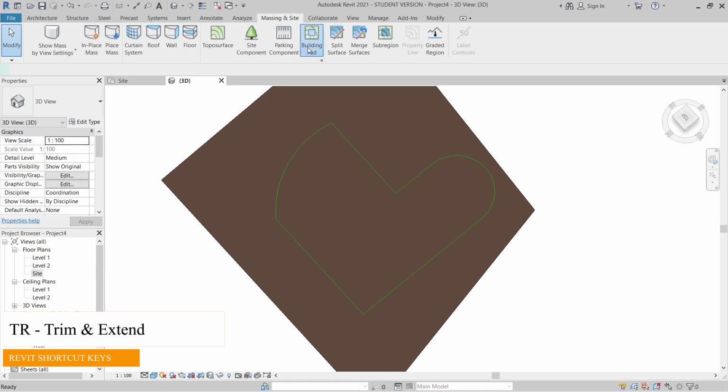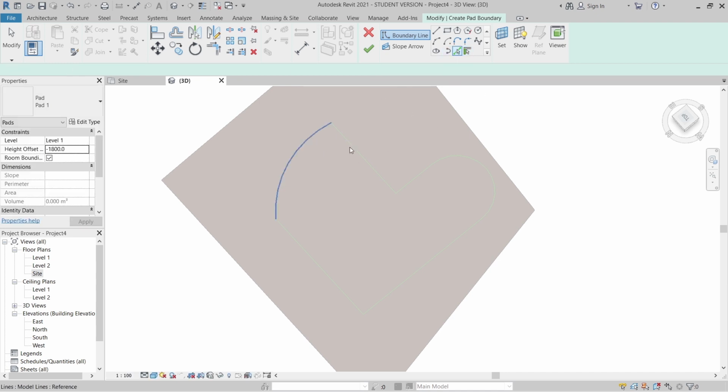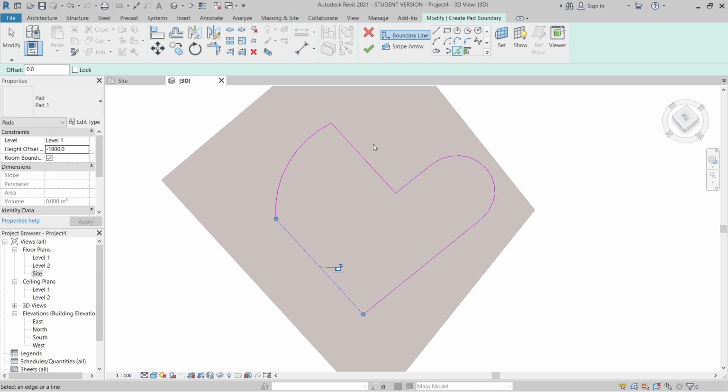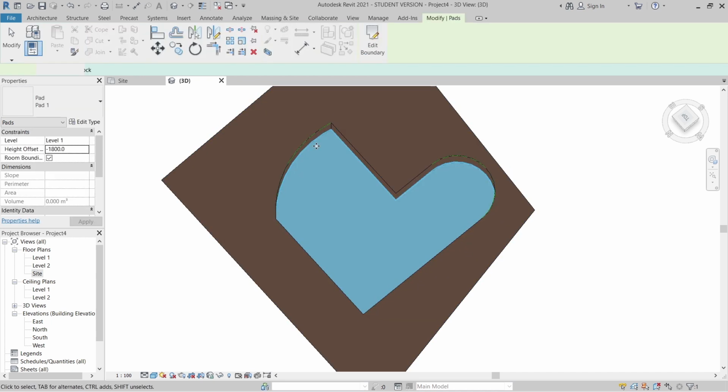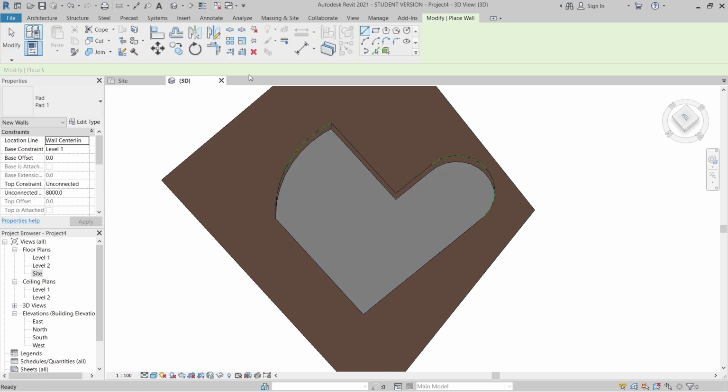Now I can go to my building pad, and as the depth for a swimming pool is about 1.8 meters, I will put minus 1800, then I can use Pick Lines, just pick my 2D lines from before, so I can finish. Once I've done that, my building pad is going down, so I can go to my Architecture tab, go to my Wall command here.